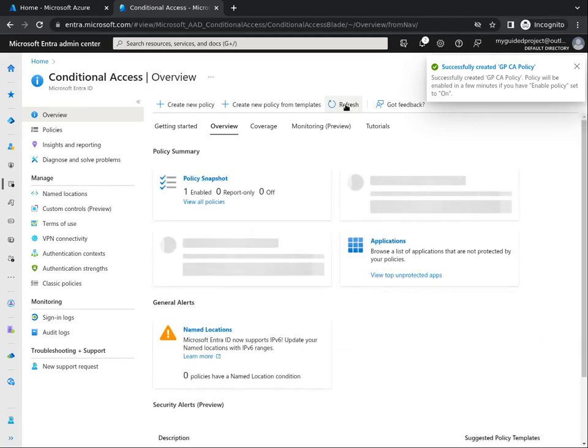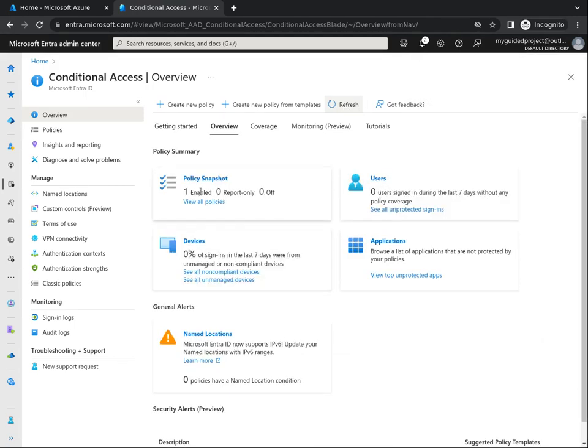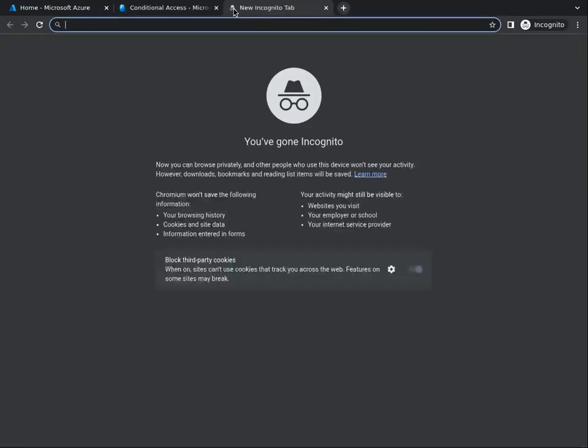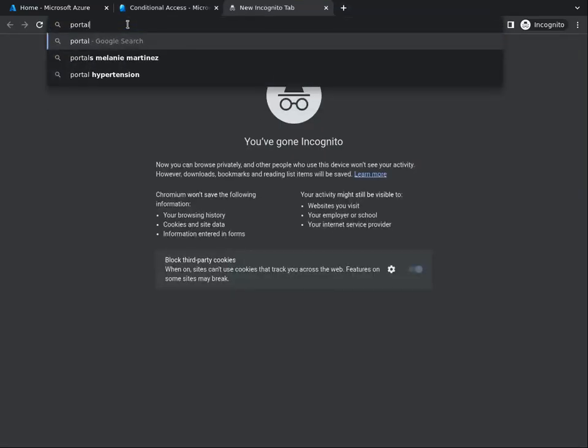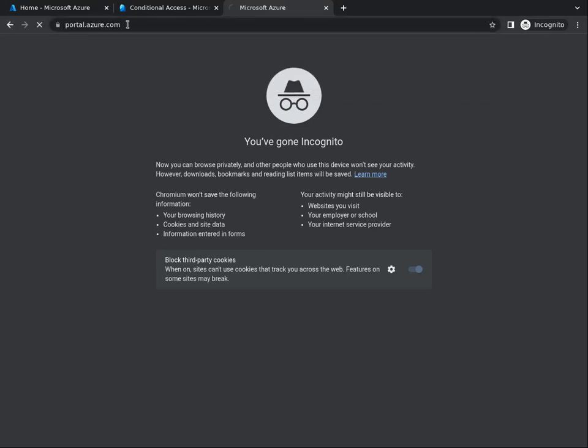You can hit refresh a few times to see the one enabled policy. The Microsoft Azure Management app is actually the Azure portal. So if you open up another tab and you type in portal.azure.com,